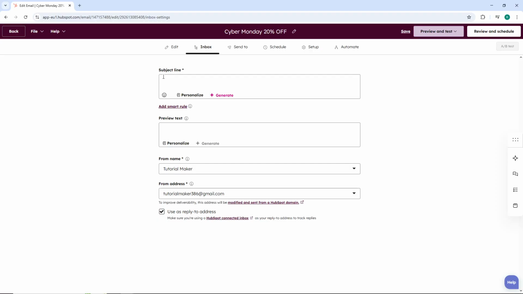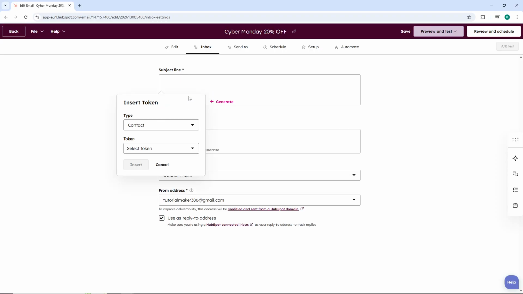Under the subject line field, you'll notice a button labeled Personalize. Click on this button to insert a personalization token. A dialog box will appear asking you to select the type of personalization you want to use, such as contact property or company property. Choose your token type, then select the specific token you want to insert, like first name